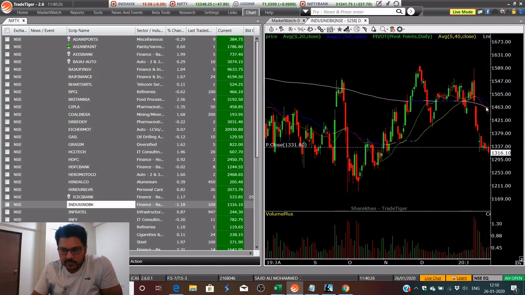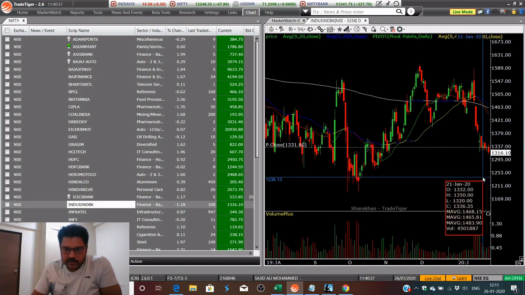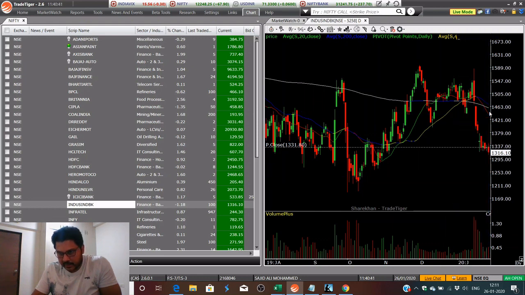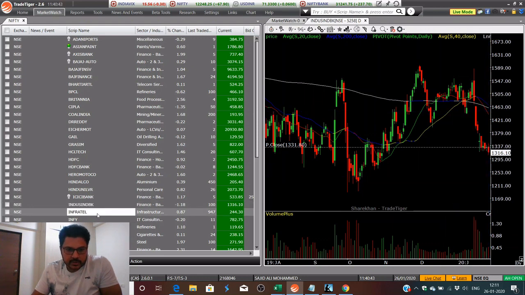It needs a lot of power and a lot of buying power so that it can sustain above the 200 period moving average and go long. IndusInd Bank is in a downtrend. You can expect it to come back till here, and again from here there can be buying back till the 200 period moving average. Infratel